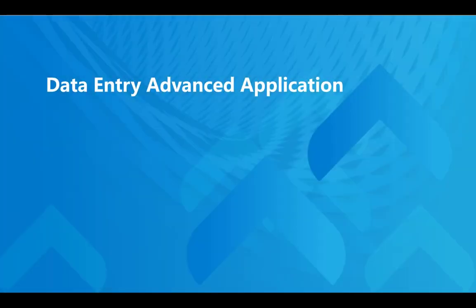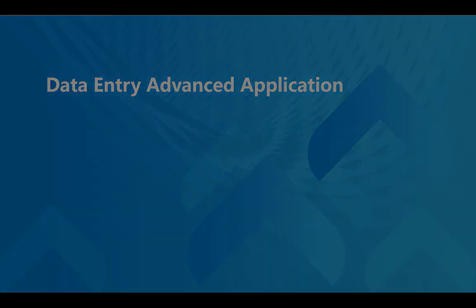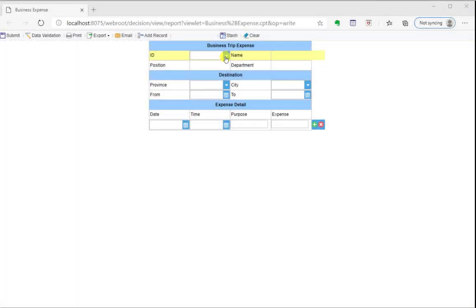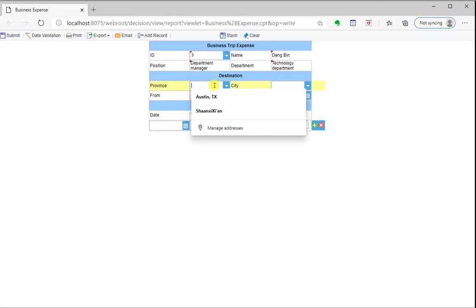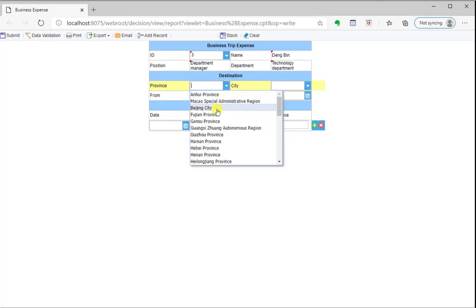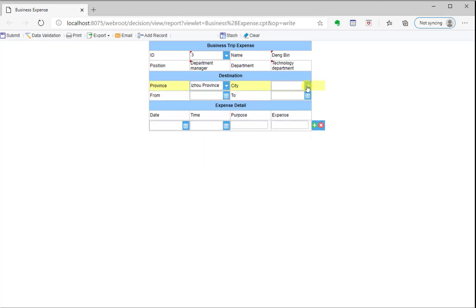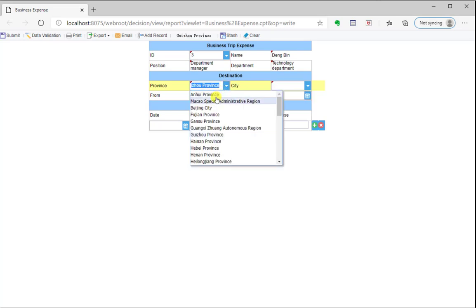In this lesson, we will talk about data entry advanced application. First, let's take a look at the final results. Data entry advanced application includes related data autofill, option item linkage, highlights the editing row,